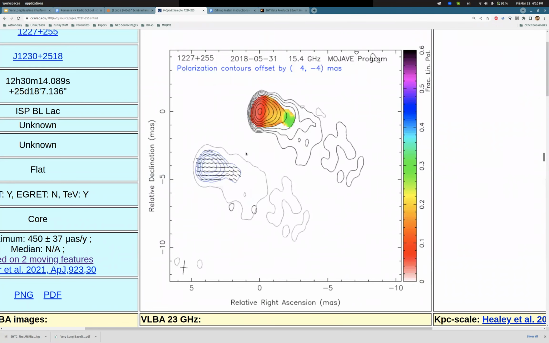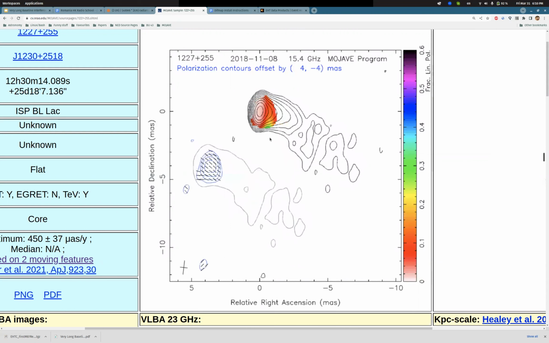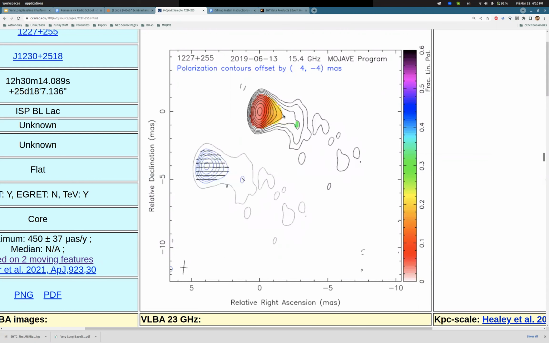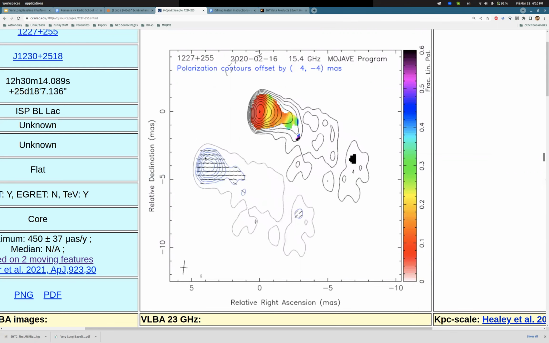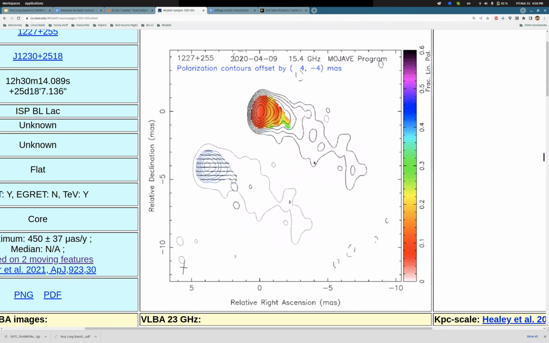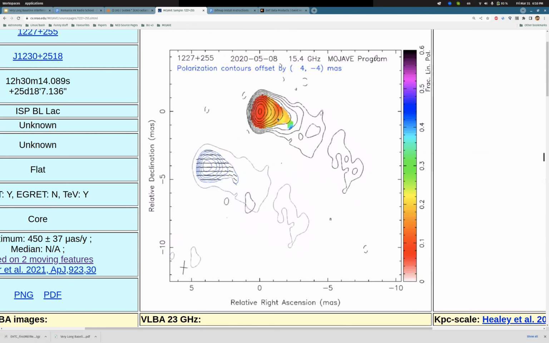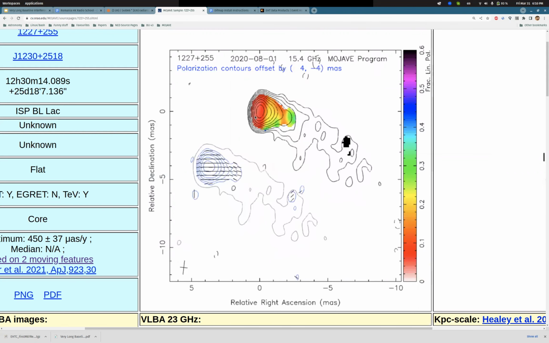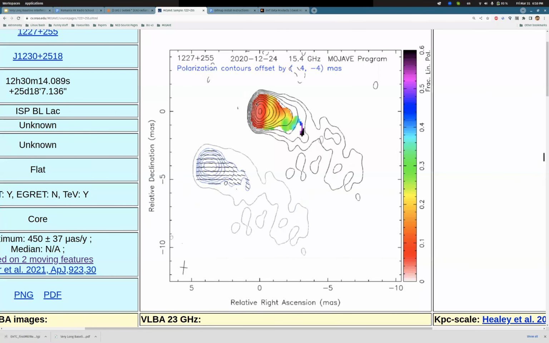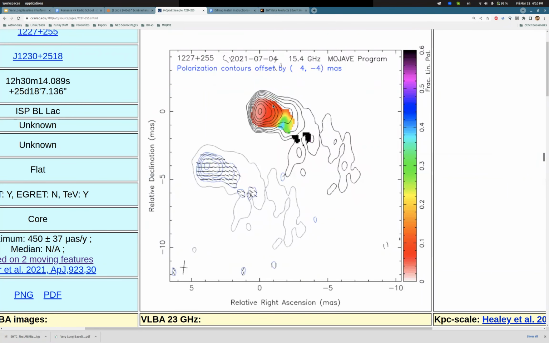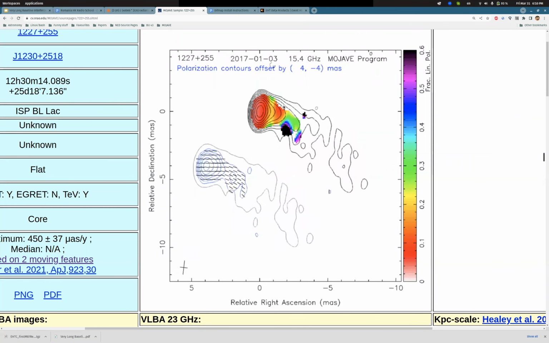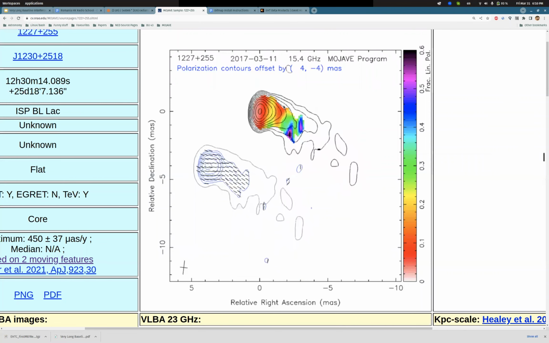The colors here are actually related to polarization. We haven't touched on this today, so you don't need to worry about them. But the important thing to look at is the contours here. This is the structure of the jet. Up here where my mouse pointer is is what we call the core of the jet. The physical nature of that is a little bit controversial, but at these wavelengths, you can sort of think of it as a